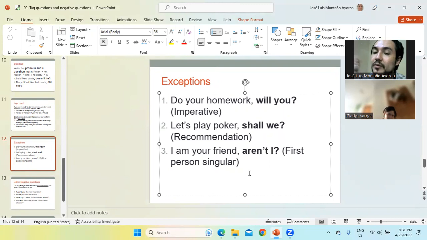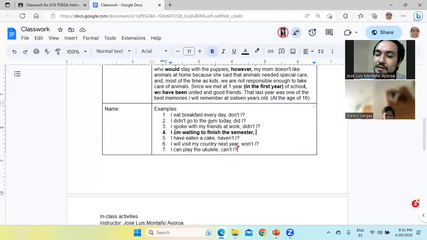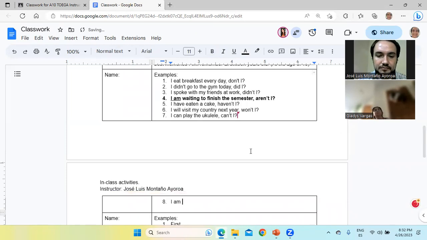But the grammar rule says, if it's affirmative and if it's the verb to be, it has to be aren't. Okay, so here it's easy. If you see the verb to be, and if you see I, aren't. That's the only answer over there. All right? Aren't I? This is the only thing that you need to pay attention to. You have I and you have am. That's everything. So for example, in this example here,